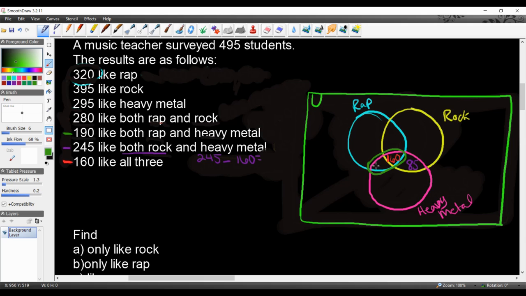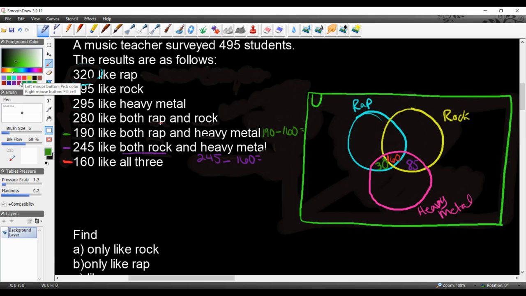And just like the problem before, I already have 160 of those. So I need to figure out what goes in this box right here. I'm going to do the same thing and just subtract. So here I'm going to do 190 minus 160, which is 30. Okay,